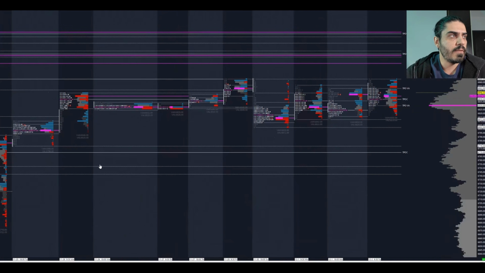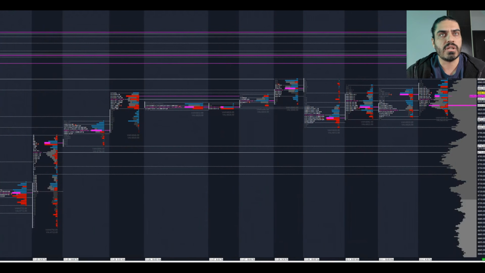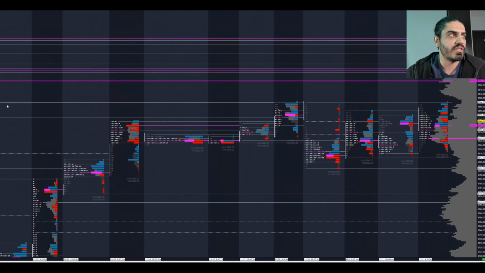So realistically, I can just get any information of what's going on with this delta. So it's not like, oh, a golden rule of thumb that you have to have buying or selling at certain areas. Now, one of the best things to see on any individual day is red delta stacked into the lows, because what that tells us is the passive buyers overpowered the aggressive sellers, and we're trying to hold out support